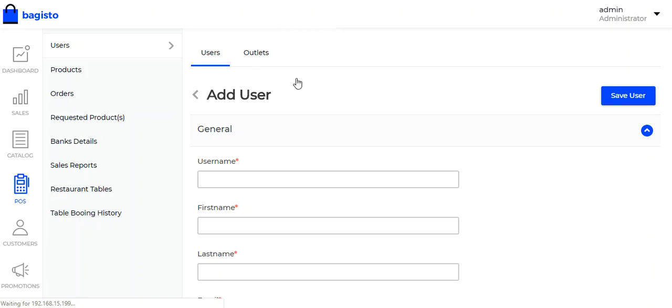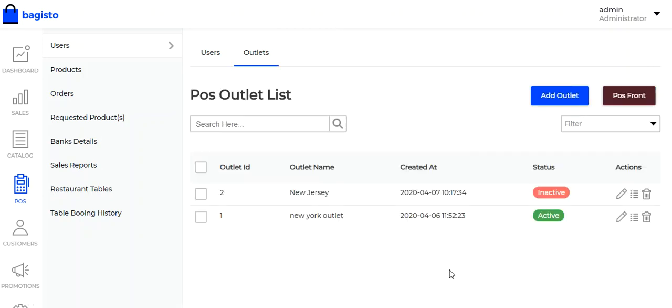Now the another one is outlet. Here the admin can see all the POS outlets that have been created by the admin.